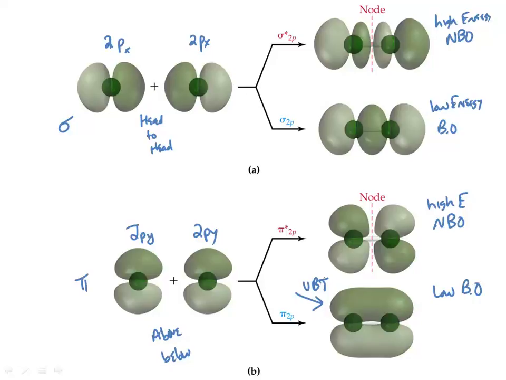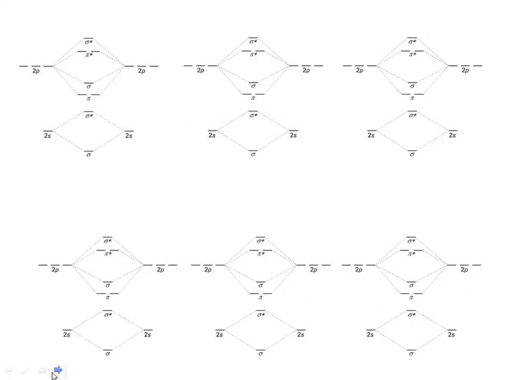I don't know. What it does is it allows us to realize that we can make 2 pi bonds, because I've got the p orbitals that are aligned this way, and I've got the p orbitals that are aligned this way, and then that last set of p orbitals is making the head-to-head. So I get 2 pi's and a sigma, and what that really does is it starts giving me this complex diagram, where if you take a look at it, you can see that here's the molecular orbitals made for mixing two s orbitals. Here's the molecular orbitals for mixing the two p orbitals. We get a bunch of pi bonding, sigma, or pi and sigma,